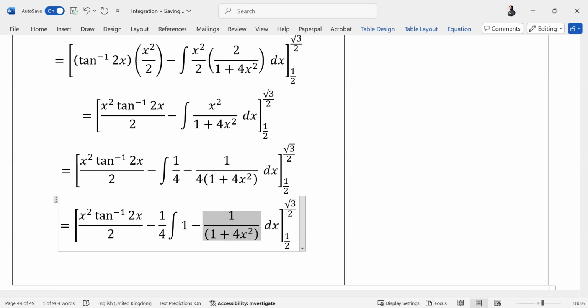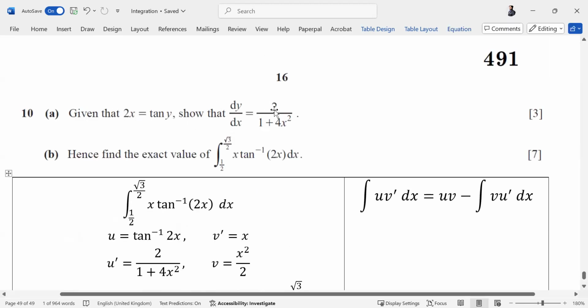Look, first one, 1 upon x square plus a square. Now you want just an x square over here, right? So what will you take as common? Take 4 common if you want to relate it to that, because students prefer it this way, as there are easier ways to do it as well. Or the best is the one that you have done earlier. See, if I take the 2 common,